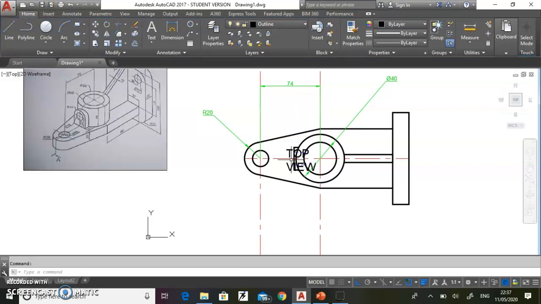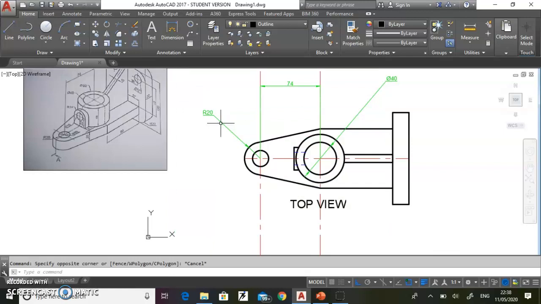Just move it to the location you want. Even when we place it, you will be able to drag this to make it visually appealing.